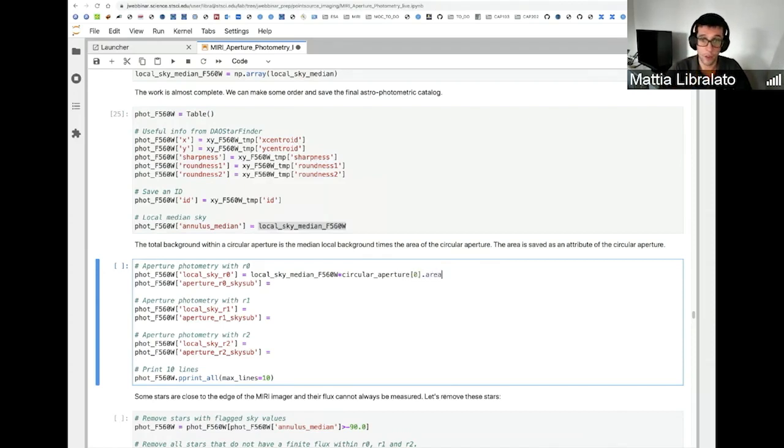And here, this area refers to the first aperture, R0. Then the total flux within the aperture without the sky background is going to be F560W TMP, this is aperture 0, minus this quantity that we have just created. And that's it. So now we can go ahead and do the exact same thing for the other two apertures,